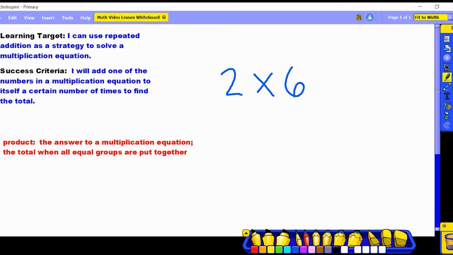We're using repeated addition, so we need to think about which of those numbers we want to add to itself. And then we have to think about how many times we are adding that number to itself. I think I'm going to start with 2 again. So if I want to figure out 2 times 6 with repeated addition, I could either do 2 added to itself 6 times like this,